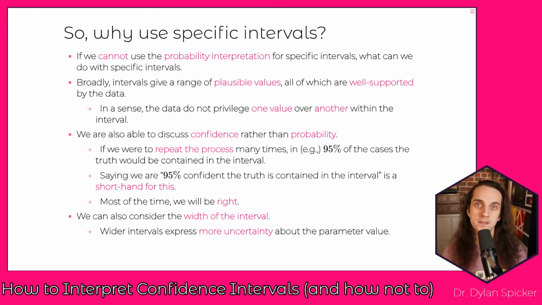So wider intervals are going to express more uncertainty about the parameter values, whereas narrow intervals are going to express less uncertainty. If you see a very wide confidence interval, then what we're really saying is that in order to be some level of confident that the truth is in this, we need a lot of variability. That probably means that it's a difficult estimation problem, that the data are quite variable, that we don't have a lot of information at our disposal, that we're not really sure about the values. There should be less trust placed in any specific value in that case.